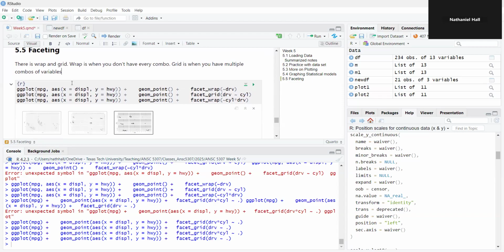All right, now we're back and we're going to go over some of the faceting options, which I think, to be honest, is one of the most powerful options in ggplot. Before I started using R, I'd used a variety of other statistical packages. And to be honest, ggplot faceting tools, I think, is by far the most useful thing that keeps me at R, and that's going to be the key statistical package I'll use going forward,